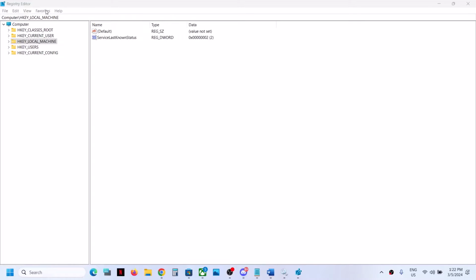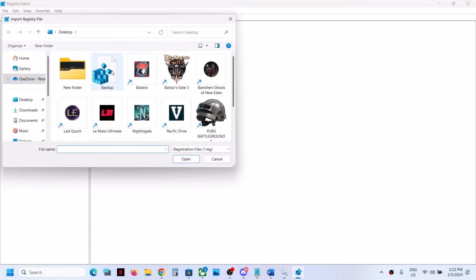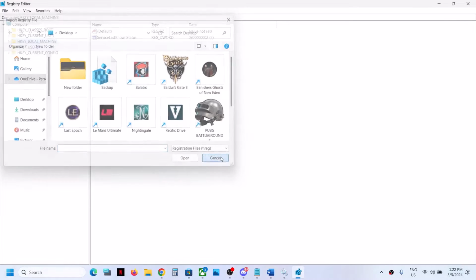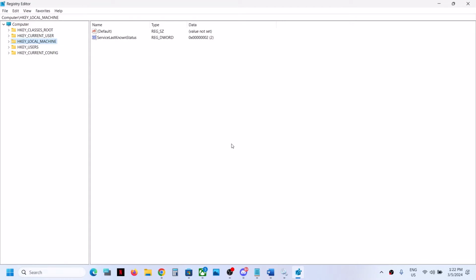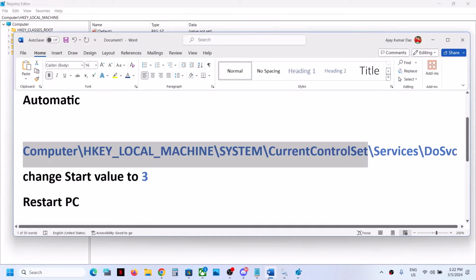In case in future something happens, if you want to restore the backup, you can go to file and then click on import, and you can select backup and then click on open. This will restore the registry. But to fix it, you have to make changes in the registry and you have to go to this location,